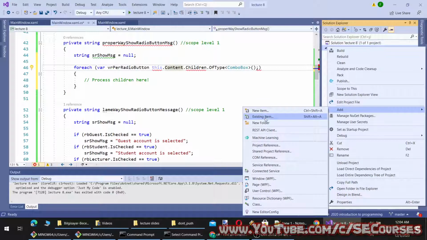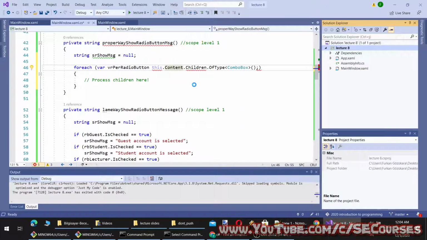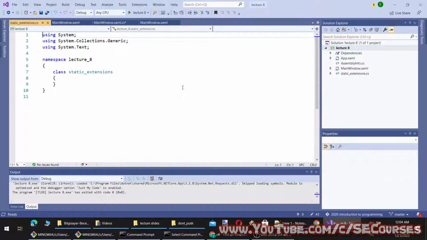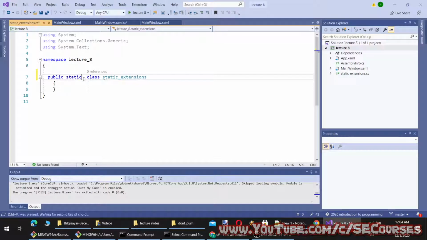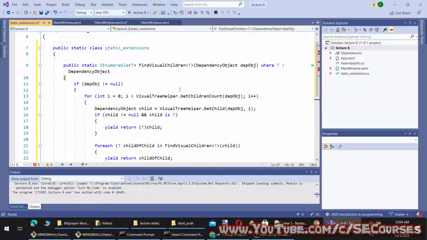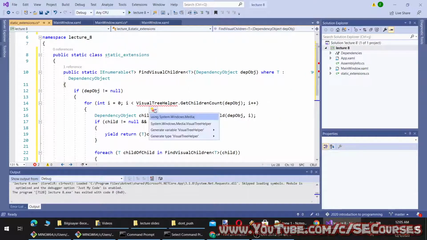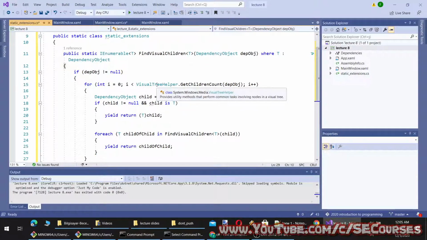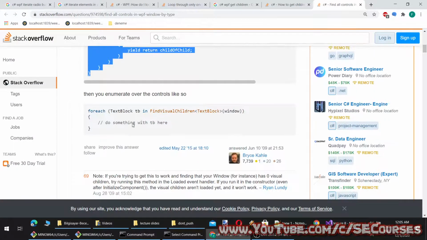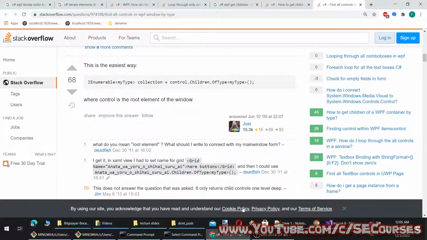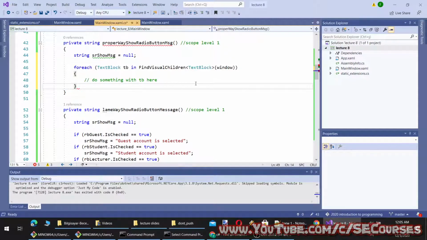Therefore, I am going to add an extension. So I am not sure if this will work or not. Find visuals.